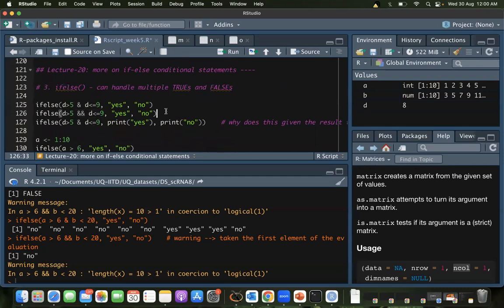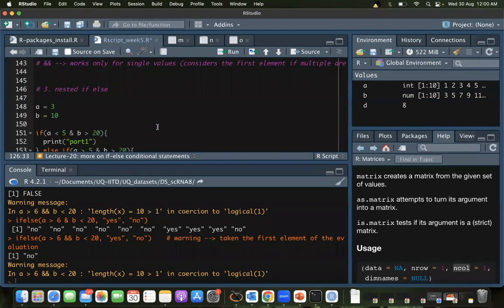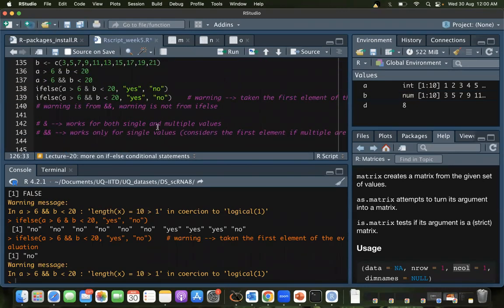Double AND and single AND will both work correctly for single values, but for multiple values, it's recommended you should only use a single AND. So what you just wrote here, we should use an AND and not a double AND. This is when you use it in reality, but from the course point of view, you are taught both of them, so remember both of them.